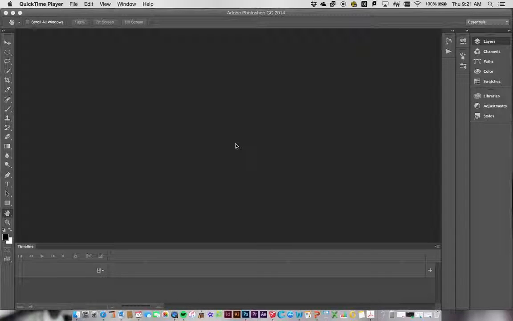Our introduction to the Photoshop workspace. So Photoshop is one of those software programs that's insanely complicated. You can do a million things with it. So for our class, we're going to try and keep this simple. We're going to try and make it something that just kind of accomplishes some of the tasks that we need